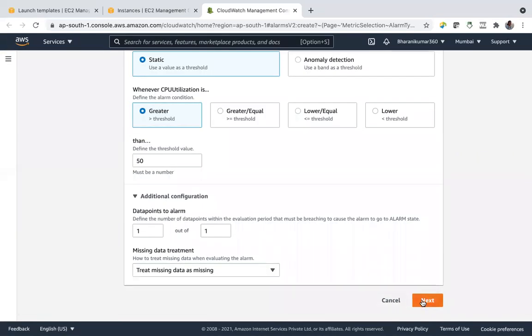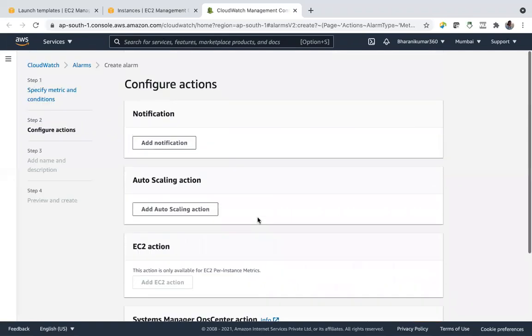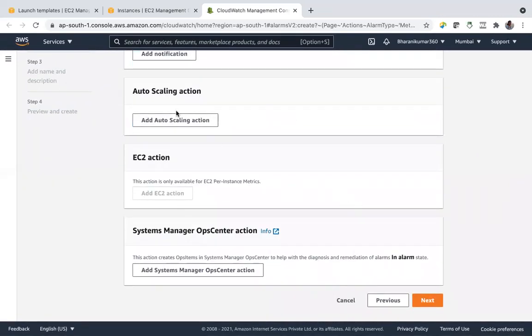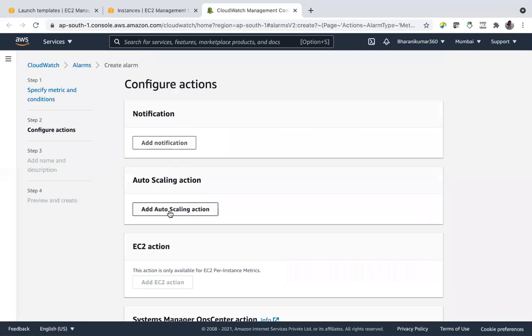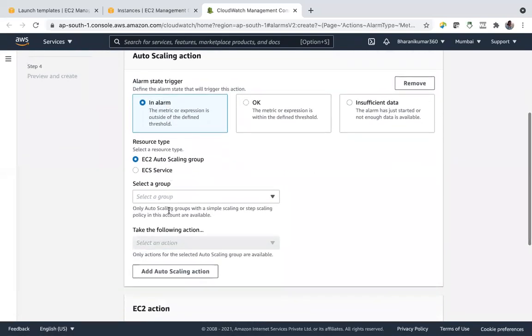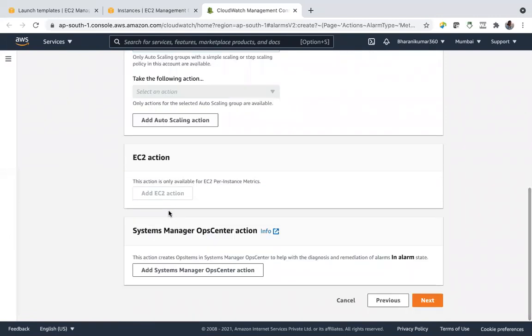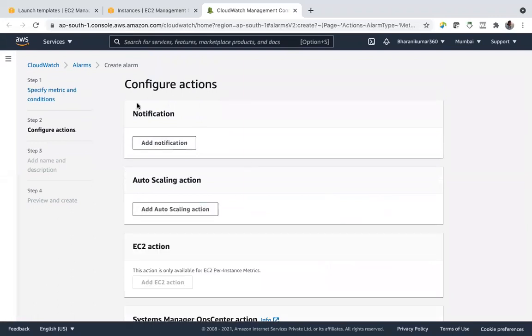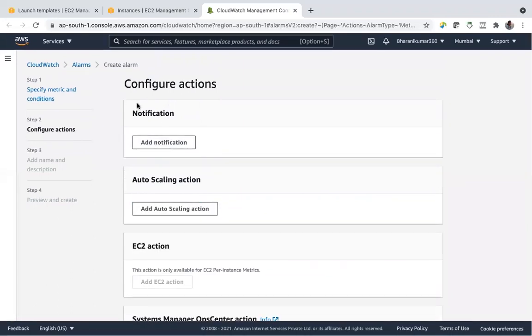Then what it has to do? Raise the alarm. And here you can configure actions. You can add auto scaling action, all these things. Let's say add auto scaling actions. But let's remove it. No need to take any actions from your alarm.